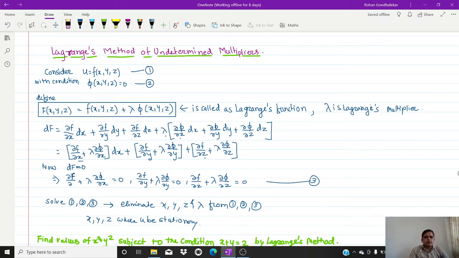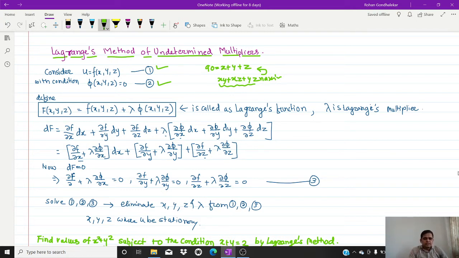Just have a look at equation 1 and equation number 2. See, u is equal to f of x comma y comma z, whose maxima or minima is to be determined. So I call that function u, with respect to the condition, I call this phi of x y z is equal to 0. You just remember the previous example. Divide the number 90 into 3 parts such that the sum of product of 2 parts taken at a time is maximum. So that means we require this sum is maximum. Under which condition? 90 is equal to x plus y plus z, that is 3 partitions of the number 90. So that is the condition.